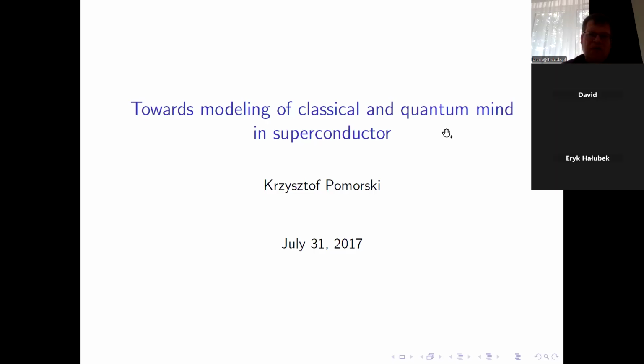So let me start. The title is Towards Modeling of Classical and Quantum Mind in Superconductor. It is quite an old idea, from 2017, at least from my side. And as you will see later, this is very much interconnected with the idea of current quantum computers, because